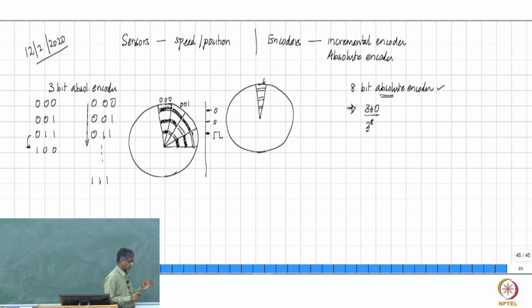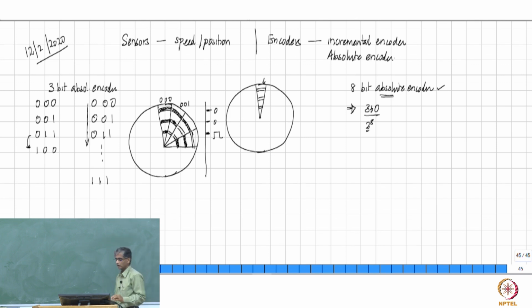Since you have to make this disk, and you have to have a slot here, and these two slots must exactly end at this location, and you must have no slot here, which means that if you are going to have an error,